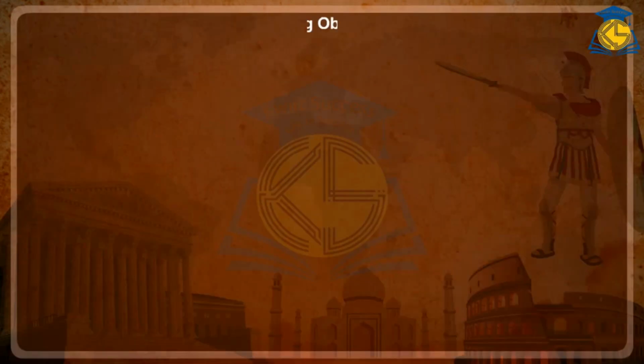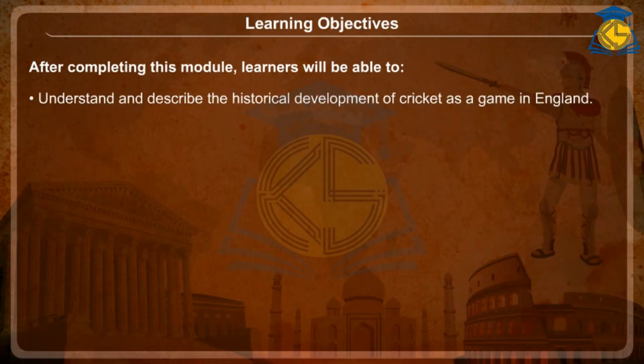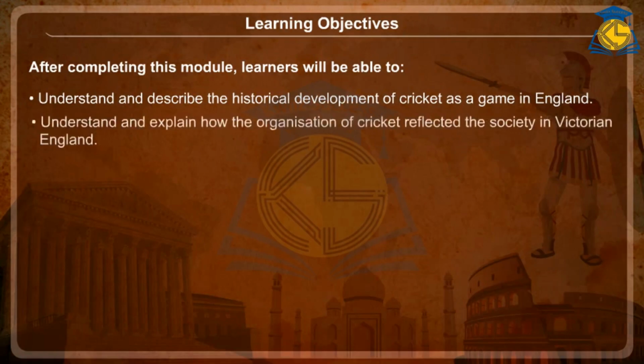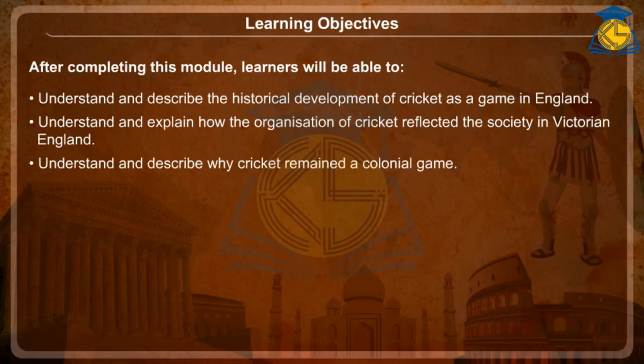Learning Objectives. After completing this module, learners will be able to understand and describe the historical development of cricket as a game in England, understand and explain how the organisation of cricket reflected the society in Victorian England, understand and describe why cricket remained a colonial game,